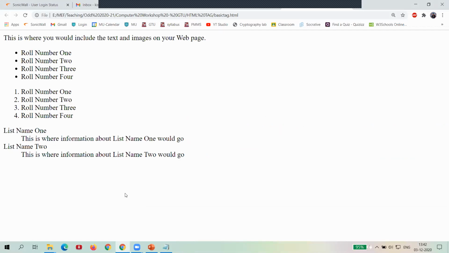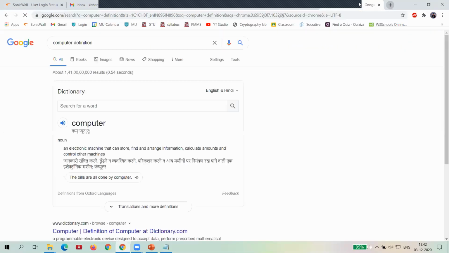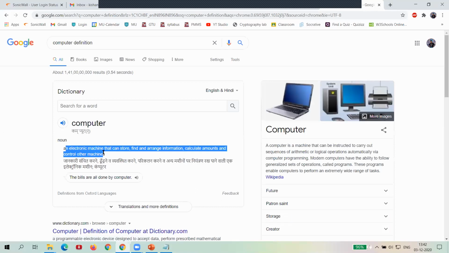Let's go for one live example to see how exactly these definitions look. For example, I have to represent the definition of a computer.